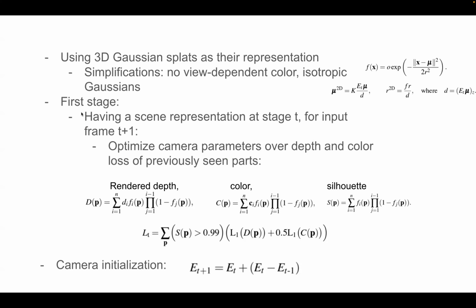Now, for the first stage, they want to find the camera parameters. So getting a frame from a time t+1, they render 3 things based on their current model. They render depth similar to color, and this is just the volume rendering formula in Gaussian splats, and same as NeRF. So they have color or depth at each Gaussian that has been projected to the 2D or splat, and they